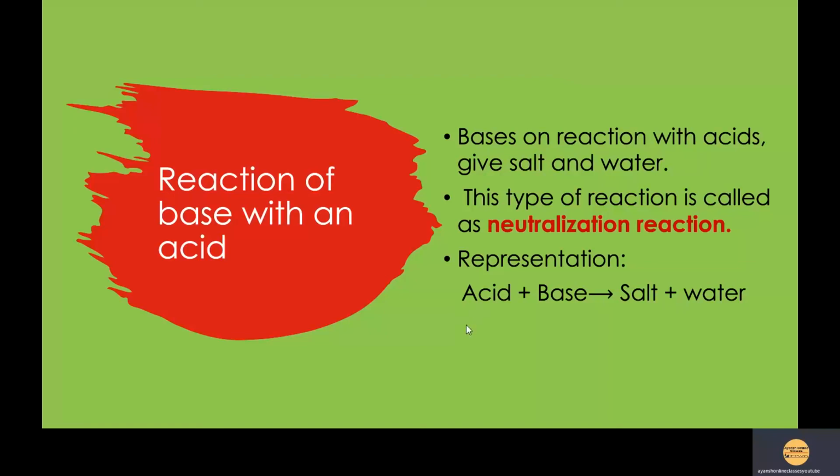Now let's take an example of acid, hydrochloric acid, plus base, which we will take as NaOH, sodium hydroxide. As I said, whenever the hydroxyl group is there, that represents the base. Then what will happen? Cl will displace the OH group and you will be getting NaCl, which is a salt, plus the OH group will combine with hydrogen and you will be getting the water molecule. So this is the process of neutralization. Whenever any kind of acid reacts with the base, we will be getting as a product salt and water, and the entire reaction is called the neutralization reaction.